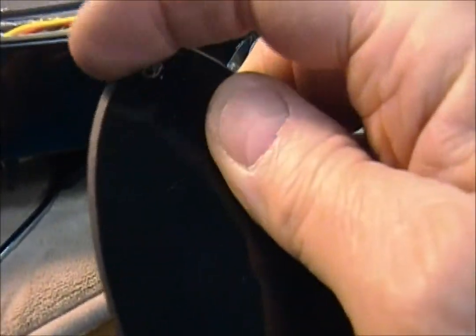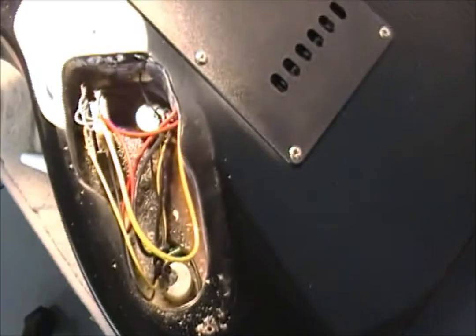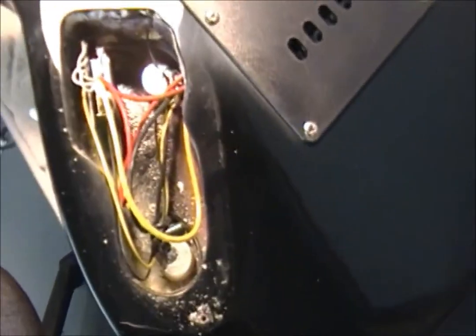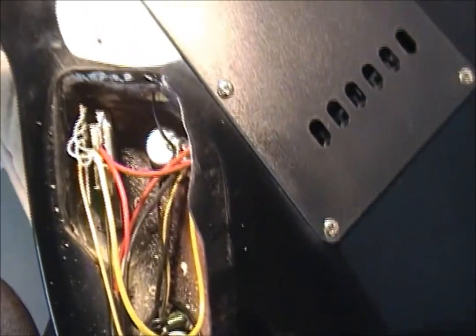Oh, okay. I was thinking there was something rolled up on the edge of this thing, but it doesn't recess in. It just lays flat on the back of the guitar, so they've just taken and chamfered the edge of the cover over. So I thought there was a piece of plastic rolled up on it. You can see that they spent a lot of time, I'm being facetious, didn't spend any time at all cleaning the polishing compound out of there,